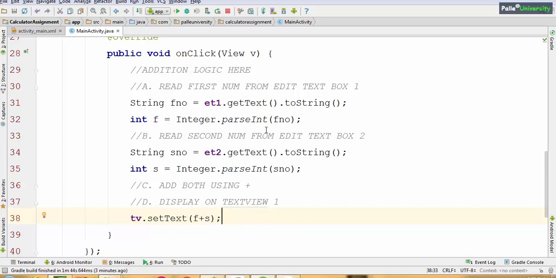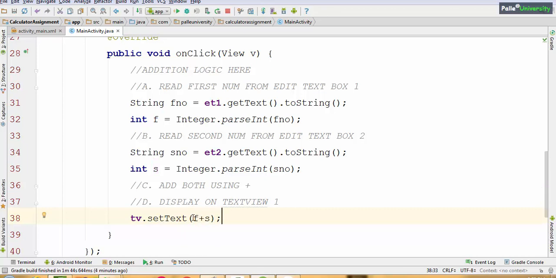Now if you run the application, our application will crash with a small pop-up window named unfortunately application has stopped. Because if you observe f and s, what is the data type of f and s? Integer. You are adding two integers, so the result will be integer. But you are promising a text view dot set text. You are telling that I will supply text, but you are supplying integers. With this it will crash. Let me show you. That means you cannot supply integers here. You have to convert this to string.